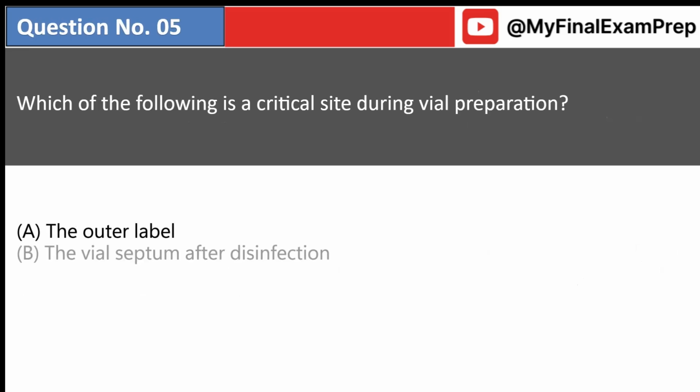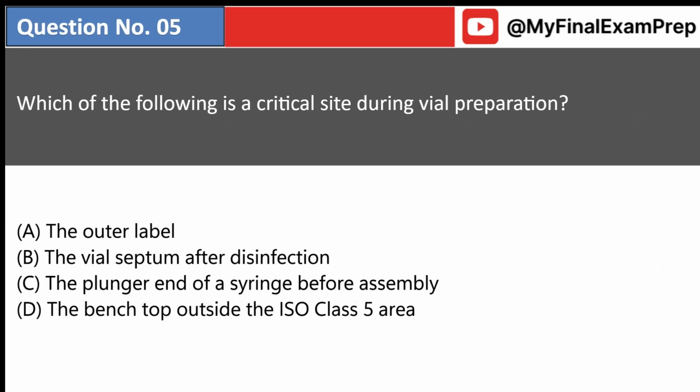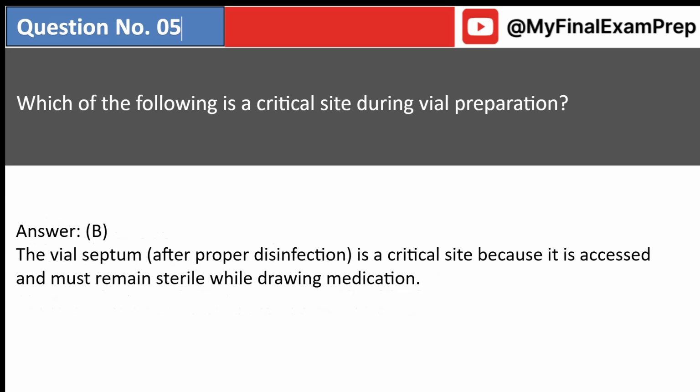Which of the following is a critical site during vial preparation? A. The outer label. B. The vial septum after disinfection. C. The plunger end of a syringe before assembly. D. The bench top outside the ISO Class 5 area. Answer B. The vial septum, after proper disinfection, is a critical site because it is accessed and must remain sterile